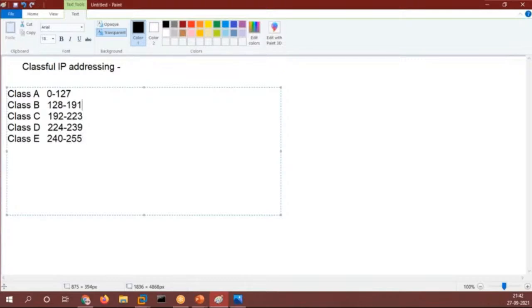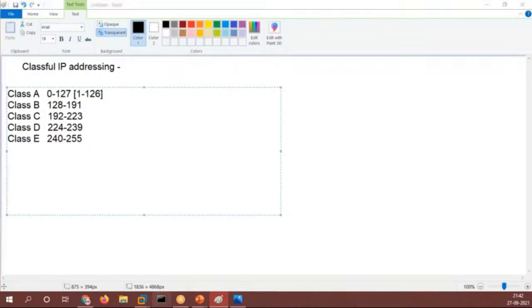Now out of 0 to 127 in class A, 1 to 126 are usable IP addresses. 127 is your loopback IP address. Loopback means you are just pinging your own system.